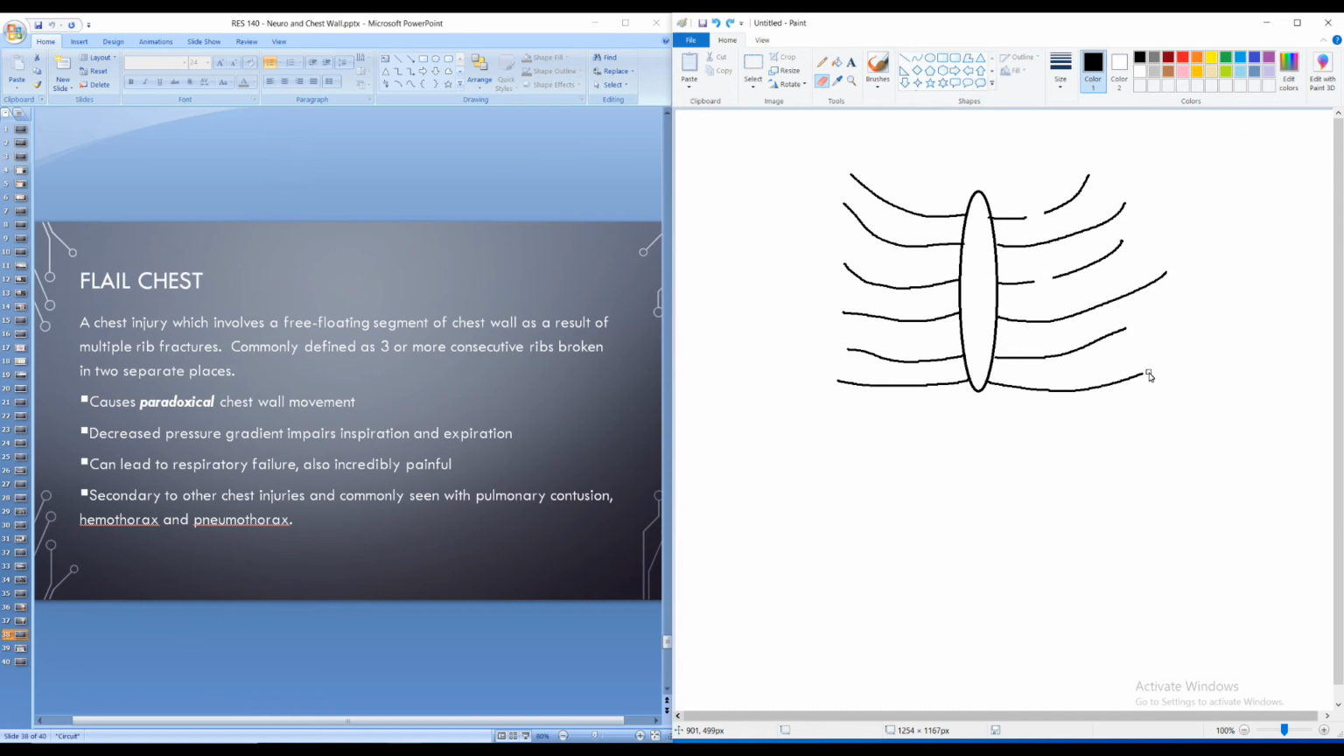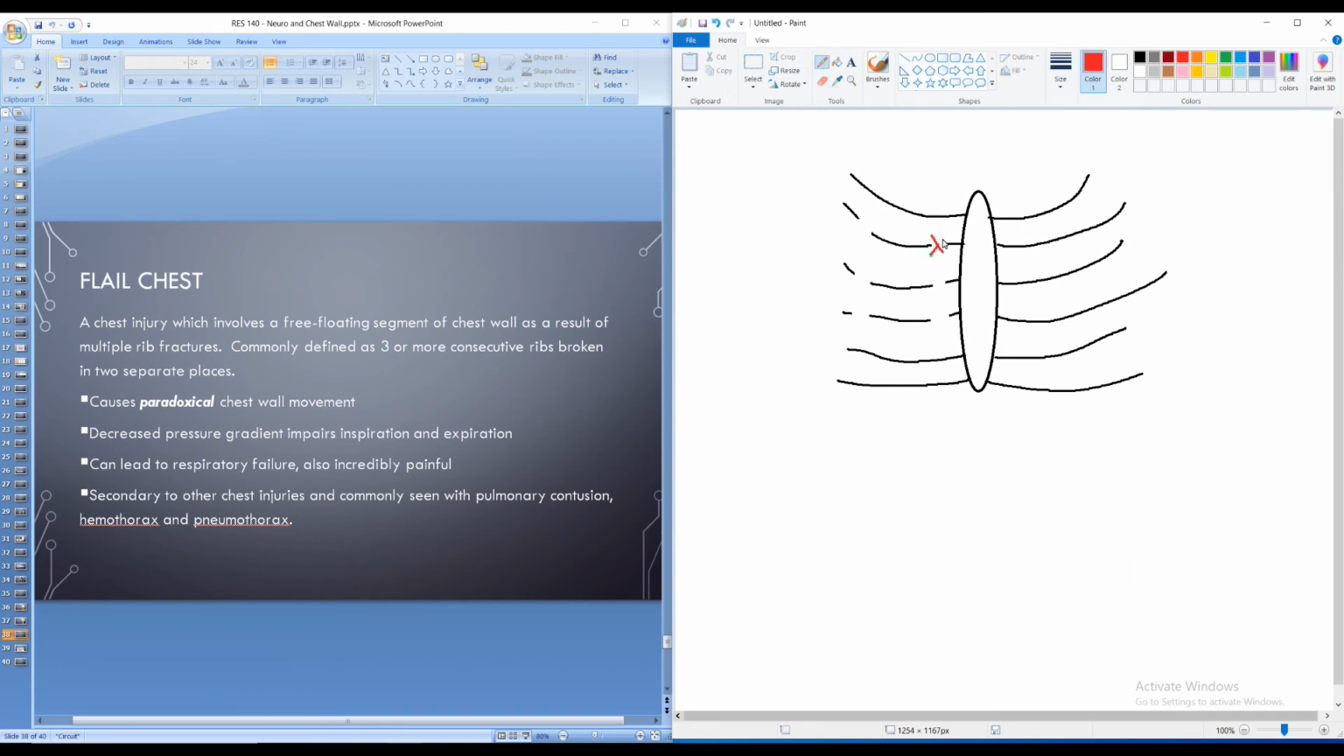So let me show you what I mean. 3 of them in a row. So let's break this one, and that one. So these 3 ribs right here are fractured. They're broken. So that's our 3 consecutive ribs, but they've got to be broken in 2 different places. So let's say they're broken right here. That's break 1. Right here is break 2. And notice it's the same ribs. So this right here, these breaks,